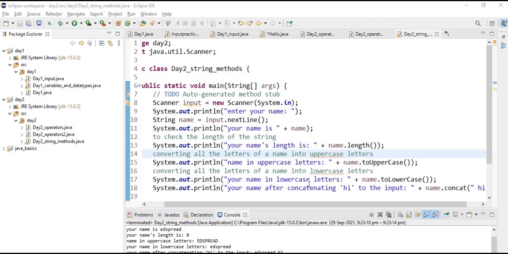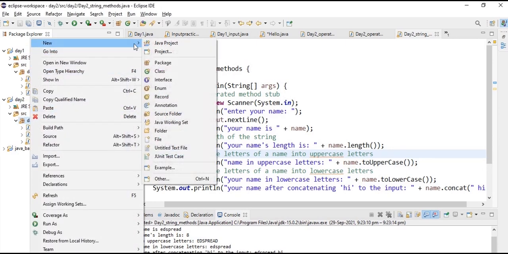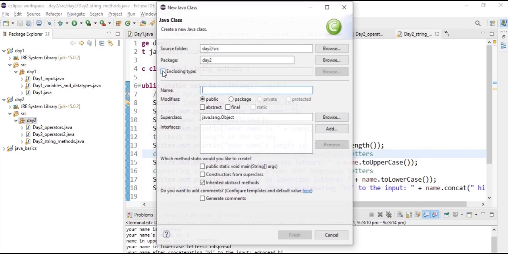So our first question is calculating the sum of two numbers by taking the input from the user and printing it. So first let's create a new class. Right click on package and select new and then click on class and name our class. Let's name our class as Day2_sum and make sure that the class name's first letter, that is D,